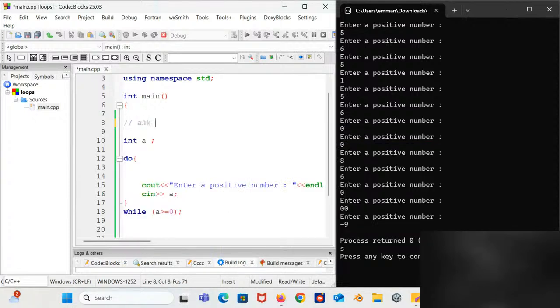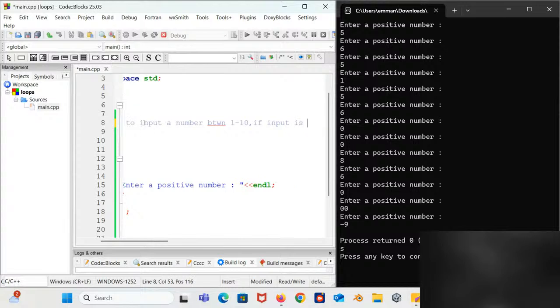Ask user to input a number, let's say between 1 to 10. And if the input is invalid, it should ask again.